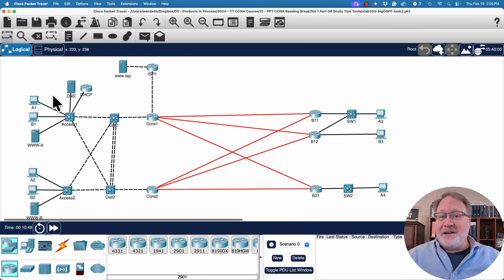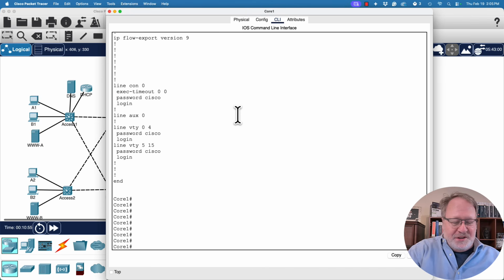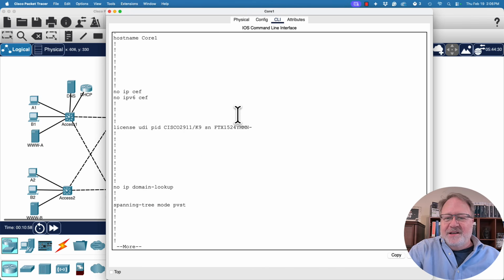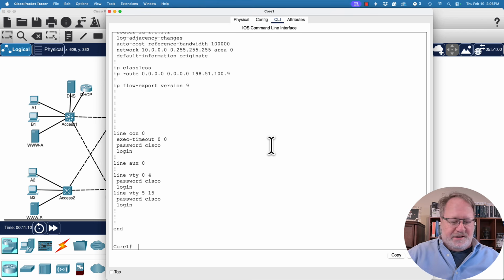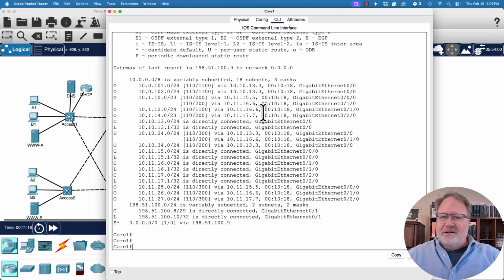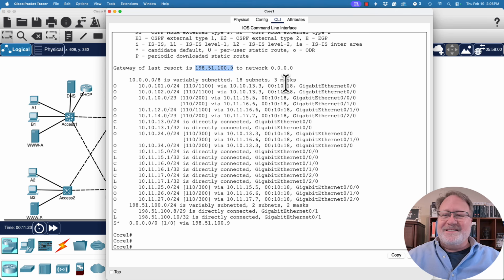So here we are back in Packet Tracer with the couple of config commands needed on Core 1 already configured. But just to confirm that, show running-config. And if I scroll down toward the bottom, we see under router ospf 1, we've got this default-information originate command. That's the conditional command, and here's that ip route command we just talked about. So those should exist. So a show ip route command will reveal those. And if we look at the top, we have this gateway of last resort statement, and it lists the next hop address. So on this Core 1 router, it's the static route we just configured and its next hop address that we see here,